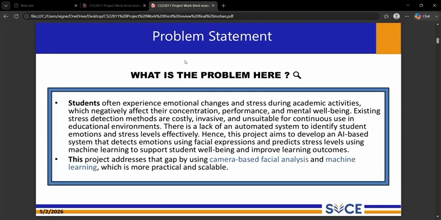Traditional stress detection methods require expensive equipment, specialized environments for setup, and medical sensors, so they are impractical. Our project aims to develop an automated and affordable AI-based system that detects emotions and predicts stress levels using facial recognition and machine learning techniques.